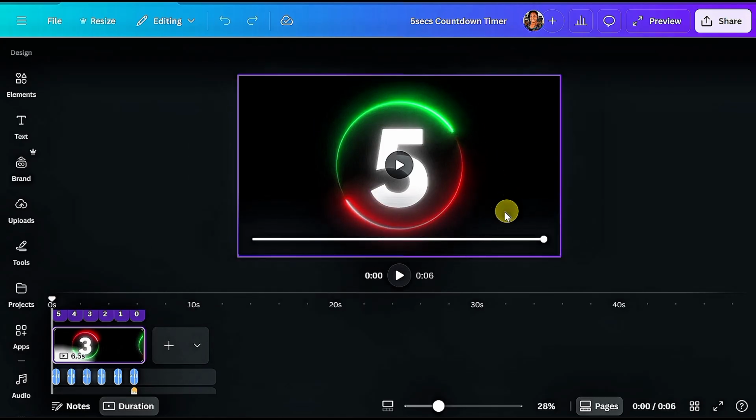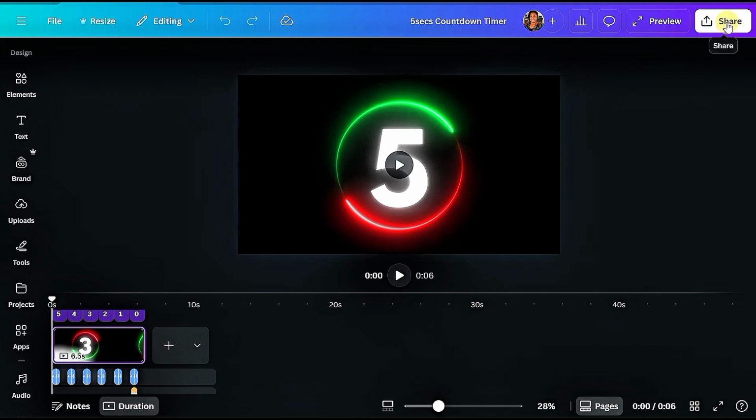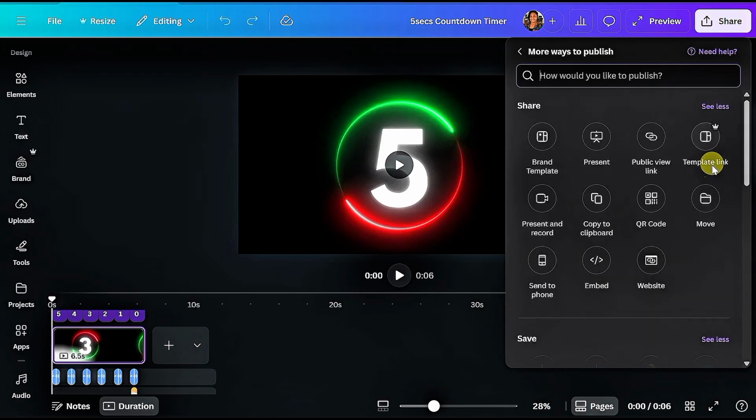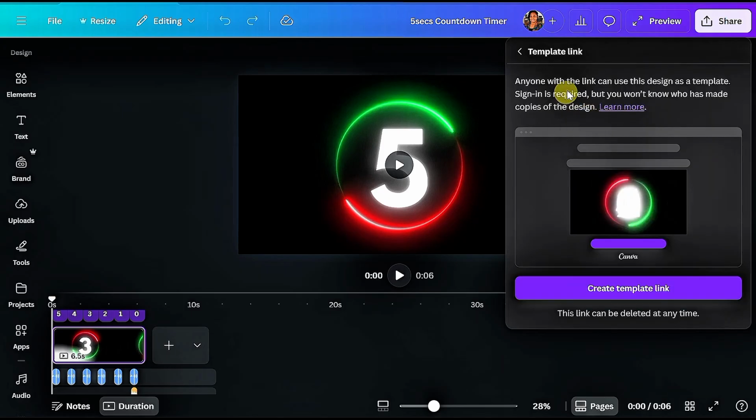To sell this, the first thing I'm going to do is go here to share, and I will come down here to these three dots to click on see all. You will see where it says template link. So we will click on template link, and you can see that anyone with this link can use this design as a template. So what this means is that anyone that has access to this link you're creating can actually